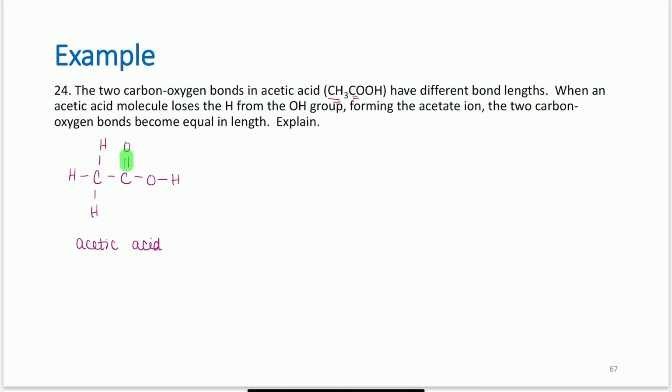It's talking about the bond here and the bond here. Right now, these bonds are different lengths. This is a double bond, so this is shorter. This is a single bond, so it is longer. But when I lose this hydrogen, that's why it's an acid, it loses that hydrogen to an OH group, it forms a compound where those bond lengths are equal. What's happening? If I react this with hydroxide, what I form